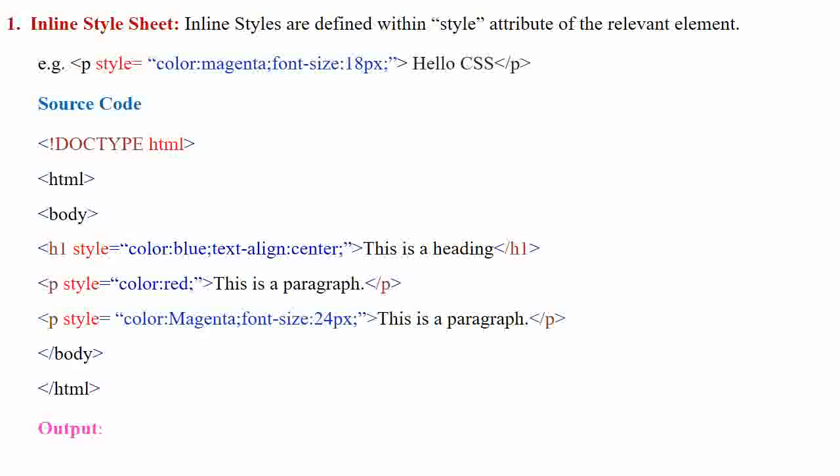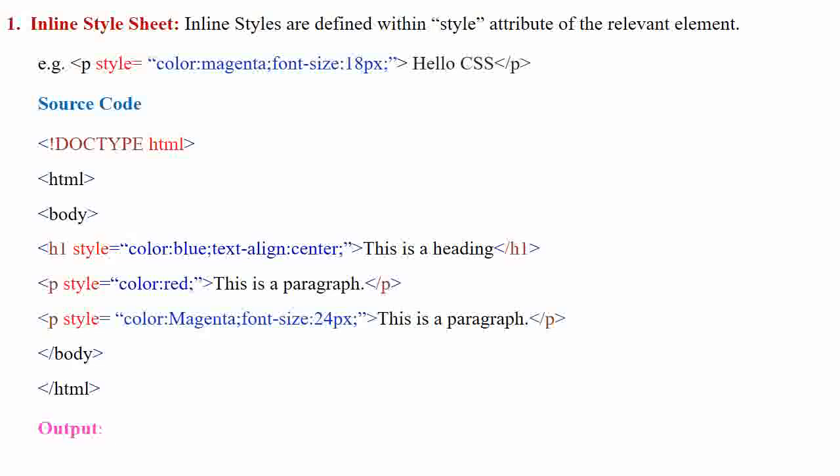Next, paragraph tag P, style attribute, color equal to red. This is a paragraph, end of paragraph. Paragraph tag P, style attribute, color magenta, font size 24 pixel. This is a paragraph, end of paragraph tag P, end of body tag, end of HTML tag.